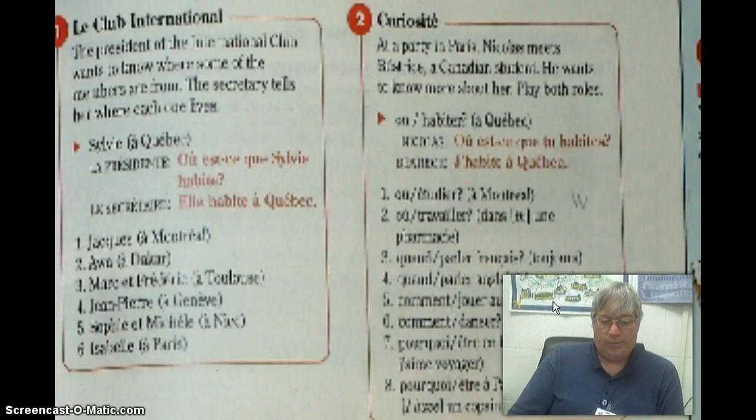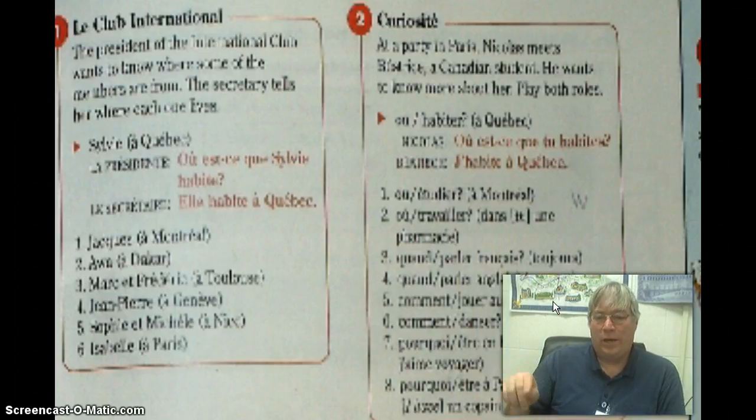Okay. Number 7, again, read it and figure out what it is you asked. Now this one's tricky, so I'm going to give you a little more help here. So again, pourquoi est-ce que tu, just like you're used to, pourquoi, then est-ce que, then the tu, because they told us we're talking to a friend here again. Now être comes from a little while ago, like je suis, tu es, il est, nous sommes. Those all come from that être verb chart. So it's going to be pourquoi est-ce que tu es, because es is what goes with tu from that chart. That's the tricky part here. So, pourquoi est-ce que tu es en France?